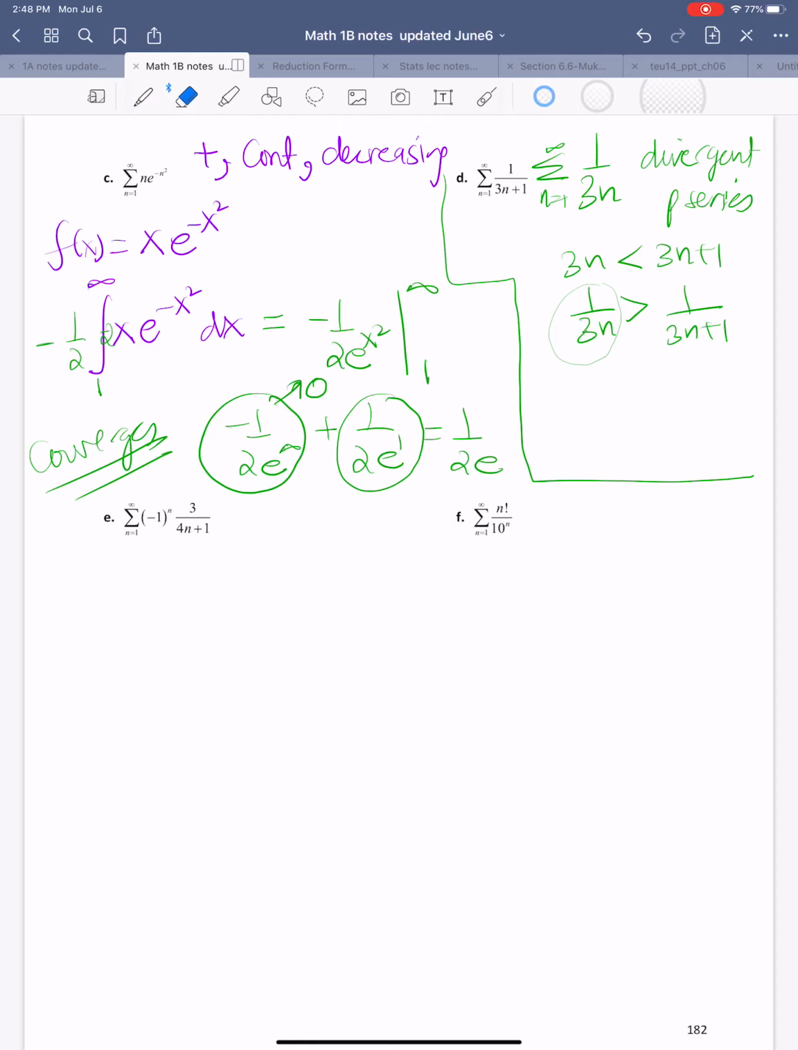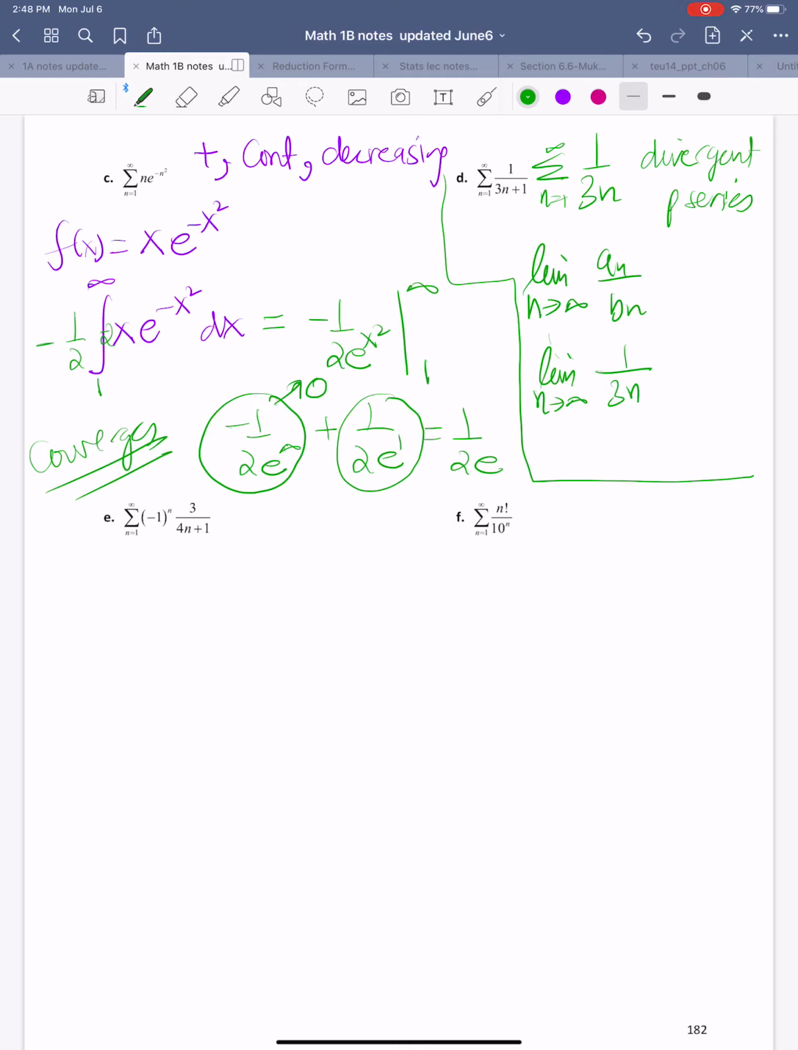Direct comparison does not help here because I could say the bigger one diverges, and that doesn't do anything good for me in the comparison test. So limit as n goes to infinity, let's compare an over bn. If this limit turns out to be a finite number, then they both converge or they both diverge. 1 over 3n plus 1 divided by the reciprocal. So limit as n goes to infinity of 3n over 3n plus 1. And this limit turns out to be